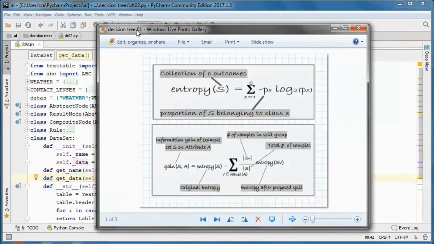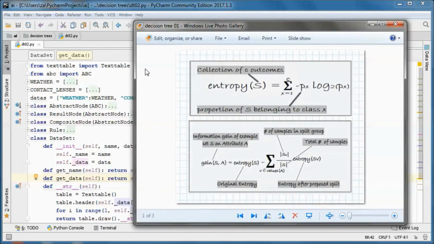And before moving forward, let's do a quick reminder. So this is the equation for calculating the entropy, and this one is for calculating the information gain.